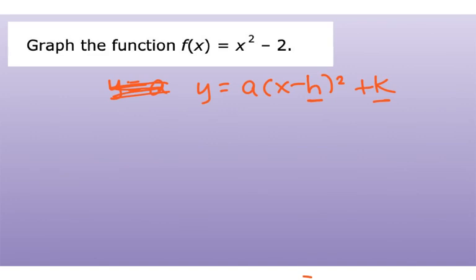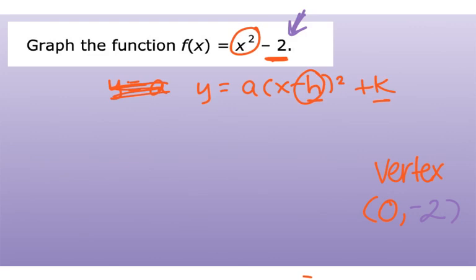And again, we've got nothing that's in parentheses for our x value, so that means that the x value of our vertex is 0. However, this time is different because on the outside right here, we are subtracting 2. So that means that our value is going down 2 for our y value of our vertex, okay? So right here would be a -2. So our vertex would be